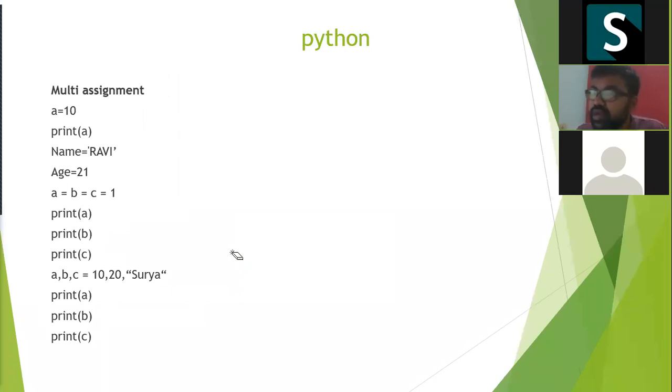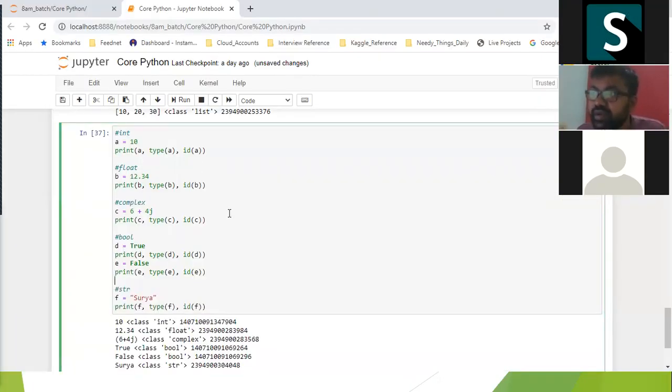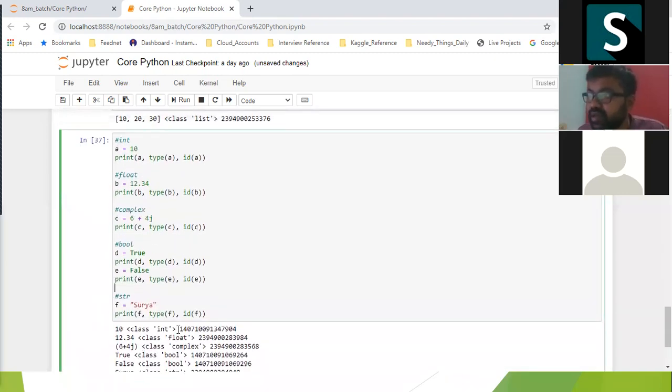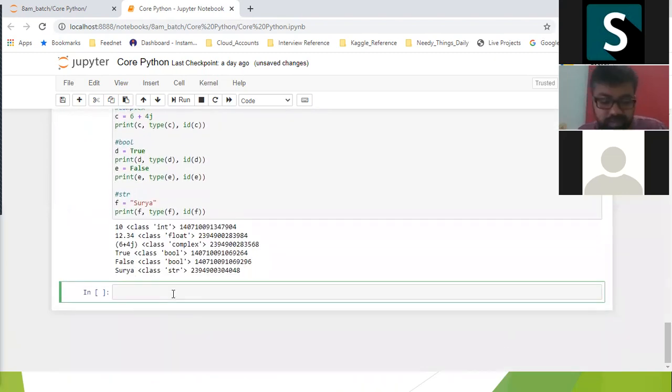So in this one, we are going to cross-check the multi-assignment. So this is the single way when we are assigning the values. Now, instead of single assignment, I want to assign all the values at a time.